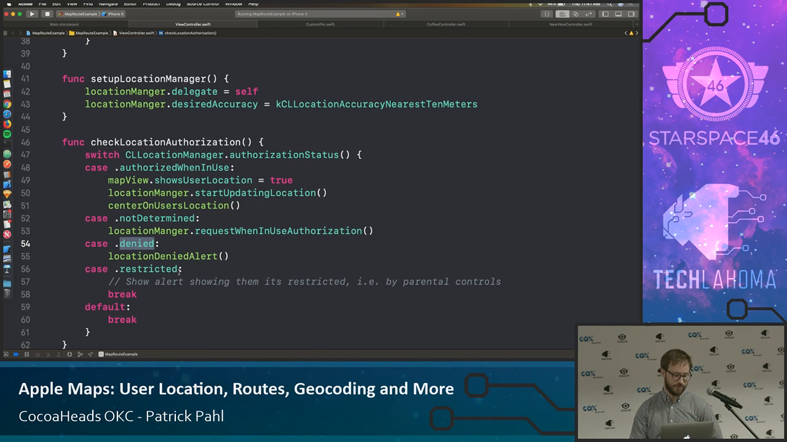There's another case called restricted, which is more rare, but that's basically when you have parental controls on an app. And basically you can throw an alert to the user saying, hey, your parents or whichever entity is in charge of this app has disallowed us tracking your location. But if we are given access, then we go ahead and fire up the location manager, start updating the location,